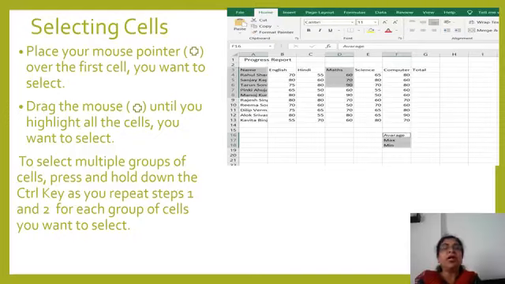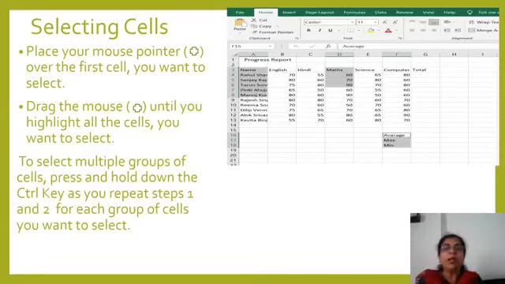Drag the mouse pointer until you highlight all the cells you want to select. Now here first take your mouse pointer on the name column. See, in the A column, put it on name, and from there you want to select up to number 8. So bring that thick plus sign, drag it up to number 8.